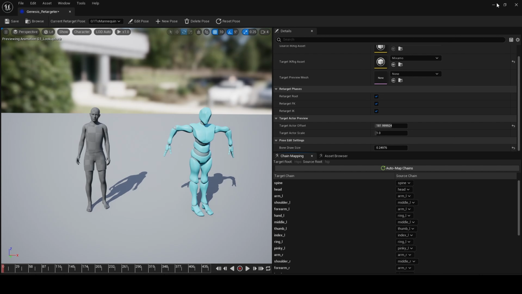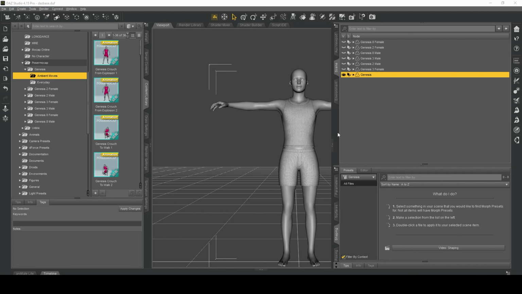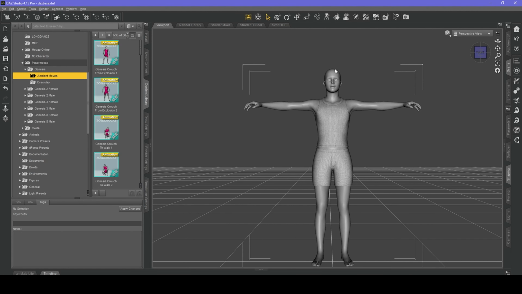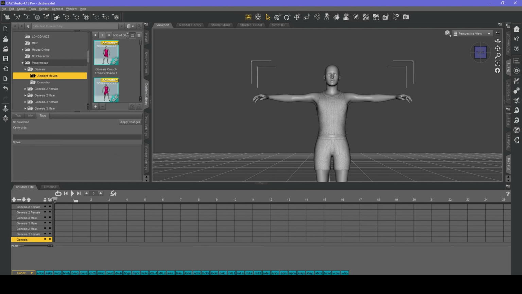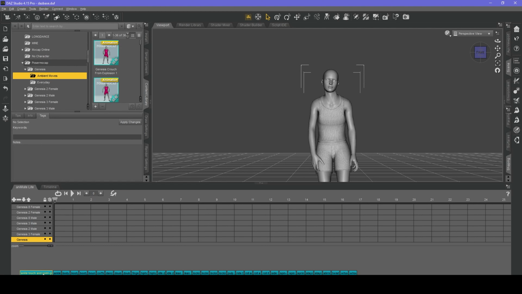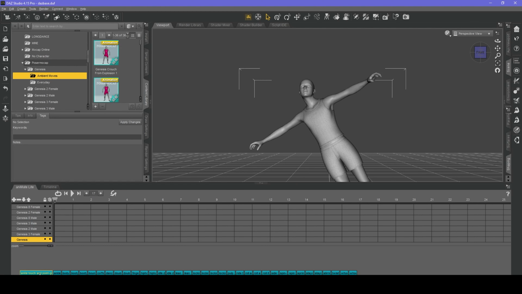Right, so what we're going to do now is import an old Genesis animation. So let me go back into Daz Studio. Okay, here we are back in Daz Studio. We've selected our Genesis 8 character. If we go over to the Animate Lite tab there, there are these. I don't think they work with the original.